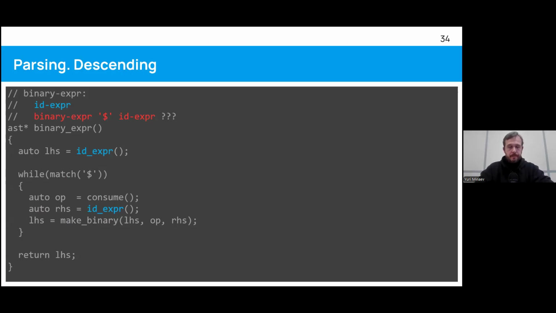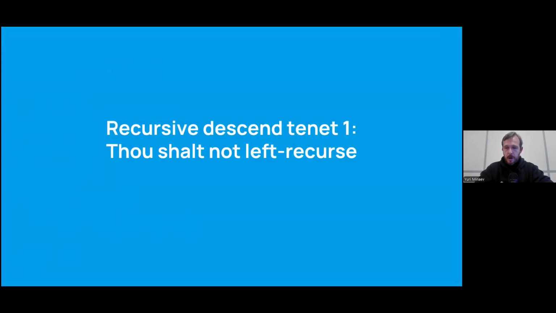Because in recursive descent, rule number one is that you cannot have left recursion in your grammar. Funny enough, we use the grammar defined recursively, but recursive descent cannot deal with grammars which contain left recursion. And we can deal with it just because we massage it a little bit into the algorithm so it fits.